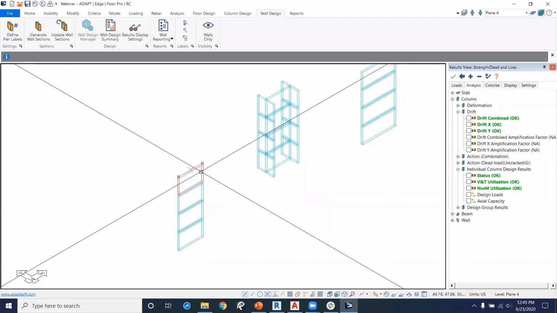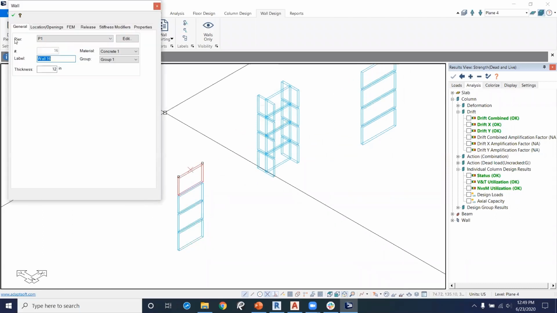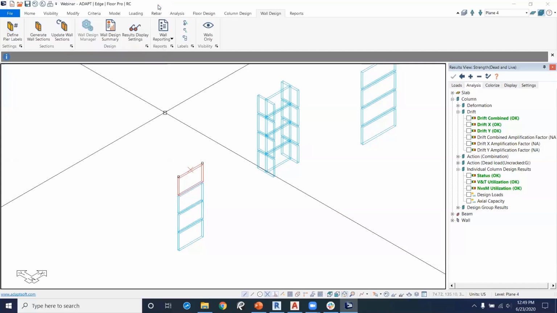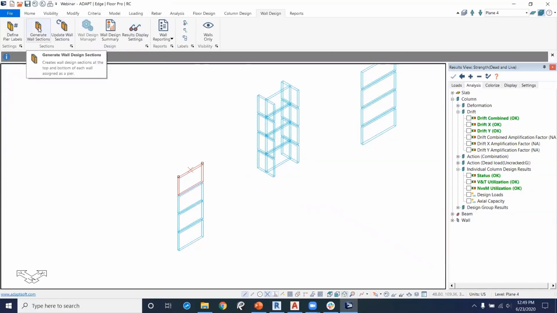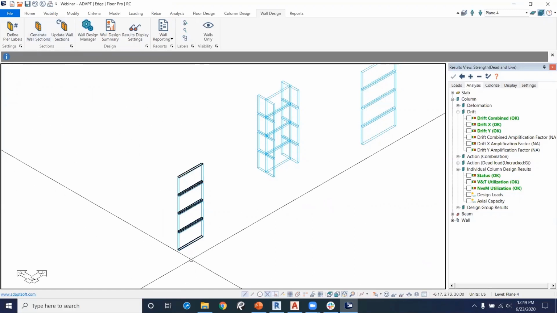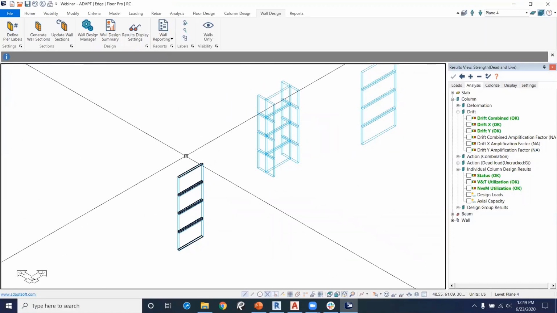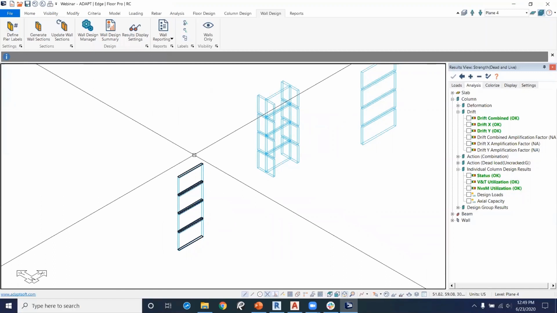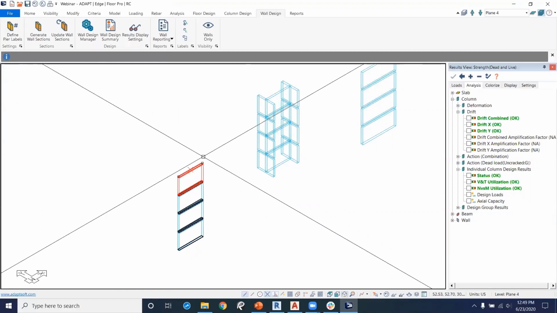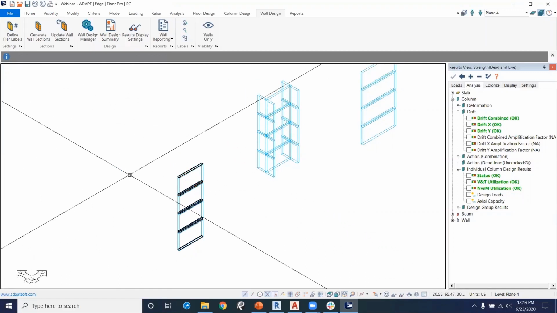And I can verify that that was actually assigned by double clicking this wall. You can see here, pier P1. So indeed, it's there and it's good to go. Now, first we're going to have to generate our wall sections. I only had the one selected, so it's only going to do that one. There we go. Now, the program added wall sections just for the stack because that's the only one that was defined as a pier. Earlier, I had that one selected, so it only generated sections for that one. Now, if we go into our wall design manager,